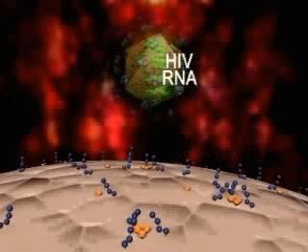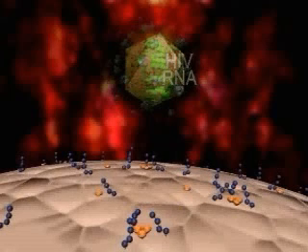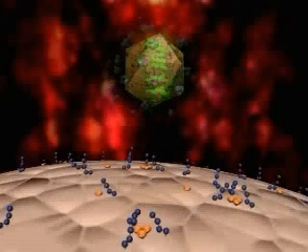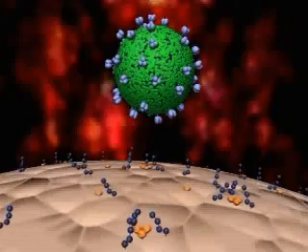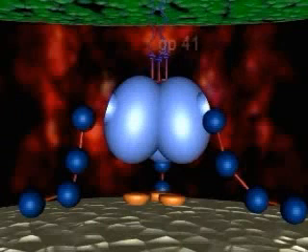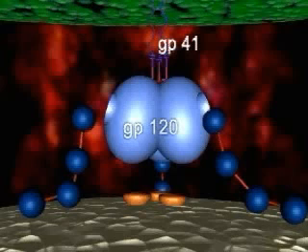HIV is composed of a viral core containing two identical strands of RNA associated with the enzyme reverse transcriptase and other core proteins. Surrounding the core is a viral membrane containing multiple viral glycoprotein complexes, often called spikes. Each spike is a trimer of a viral glycoprotein complex composed of a transmembrane glycoprotein, GP41, and a large surface